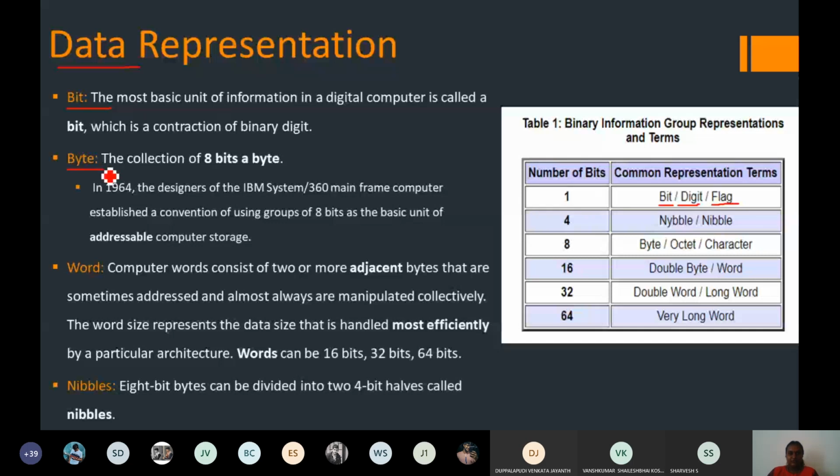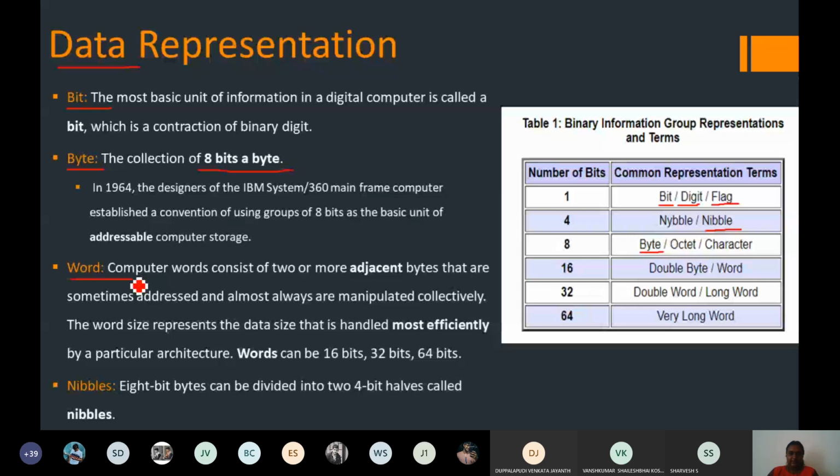What is actually a byte? If you want to represent data using more than one bit, you want a collection of bits, because you can't rely on one single bit alone. To represent data in higher order, you can collect 8 bits together to form a byte. If you divide the byte into two groups of 4 bits and 4 bits, each is called a nibble.